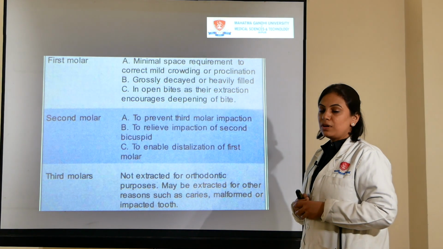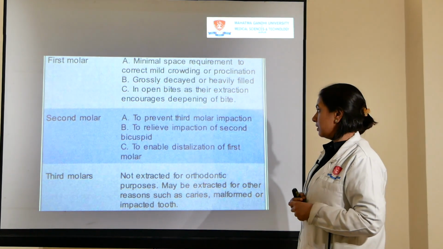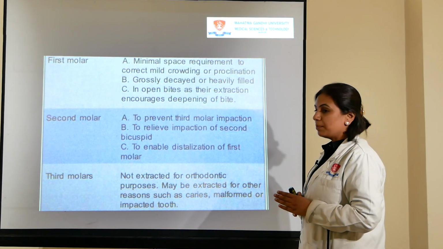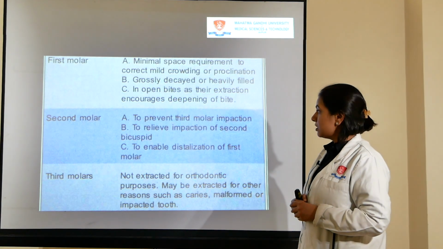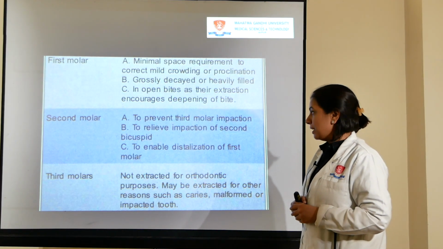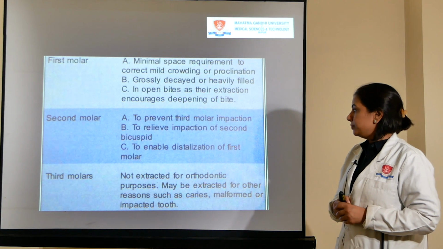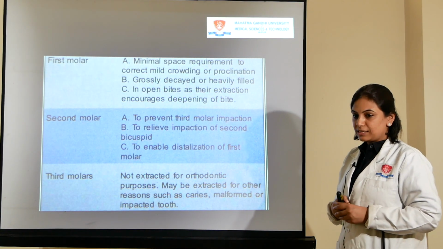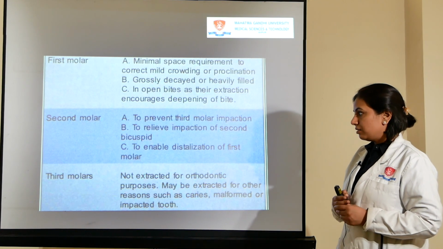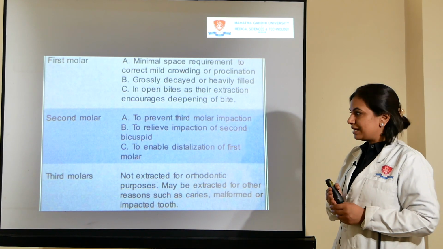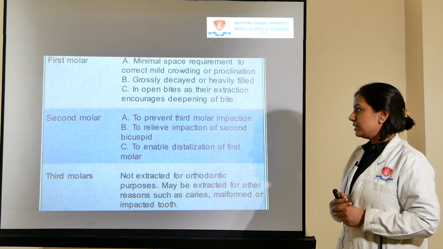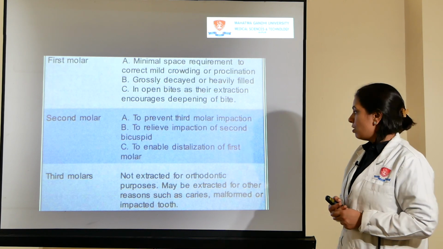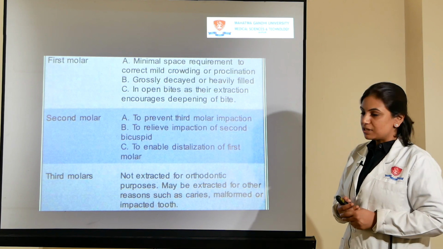In case the third molars are erupting correct and straight, upright or less than 30-degree inclination, they would prevent the third molar impaction. If the 5 is getting impacted because of early migration of 6 and 7, then extracting 7 and distalizing the first molar and bringing the premolar into the arch.